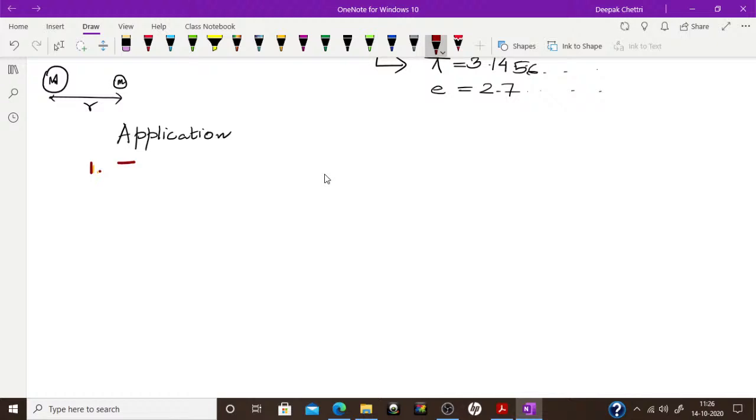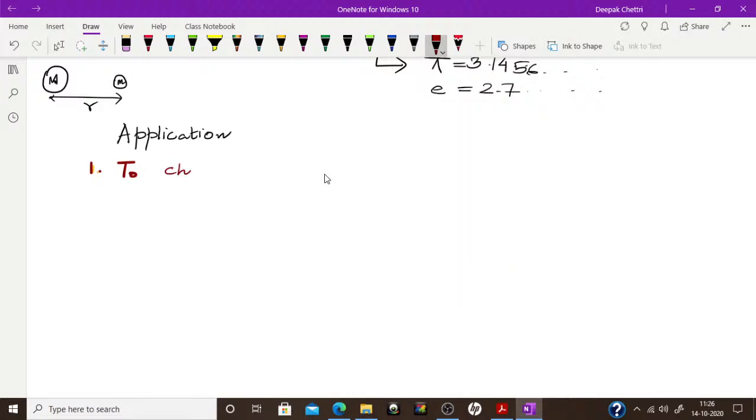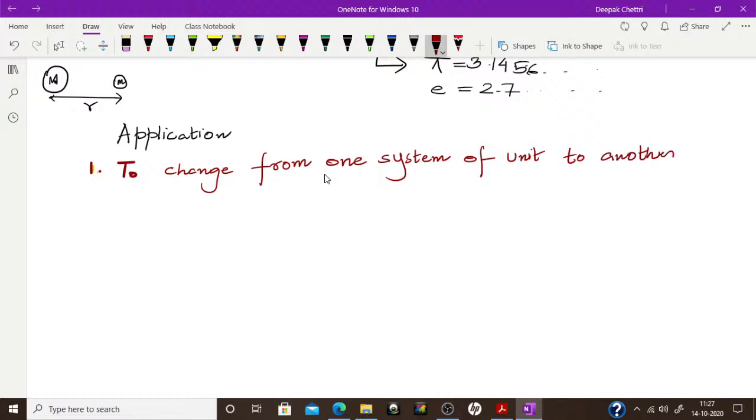to change from one system of unit to another. Okay, so the first use is to change from one system of unit to another. I'll explain that. Number two use is to check the correctness of a physical quantity,